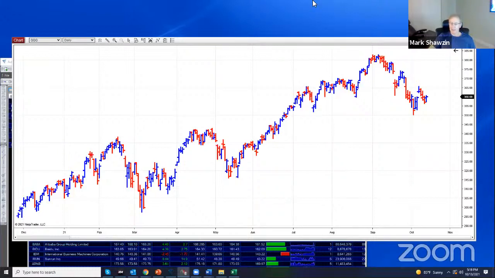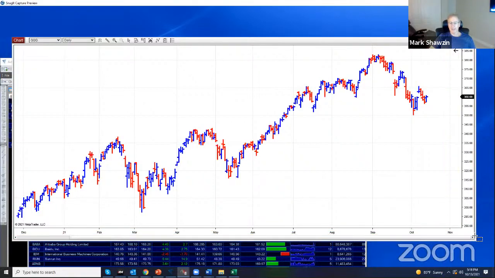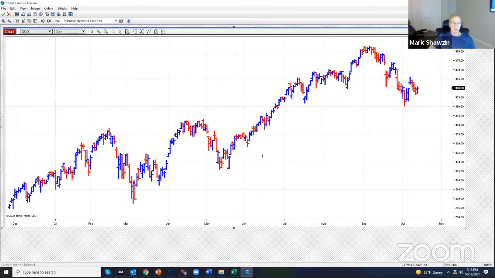So this is the QQQs, which are a proxy for the NASDAQ. So if you want to buy a diversified portfolio in the NASDAQ, you buy the QQQs. If you want to short it, I typically buy the puts. So you can see that it's been in a huge up market. And during this up market, there were all kinds of times. Right here at this apex, I start buying puts in anticipation of a down move. I think I showed that to you yesterday.